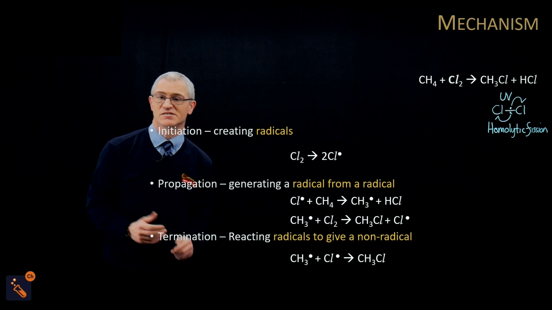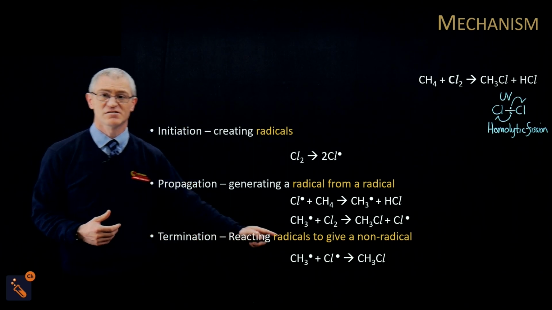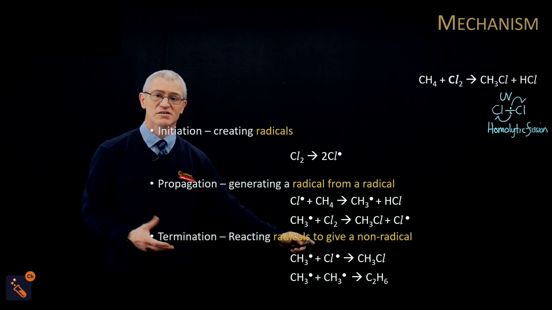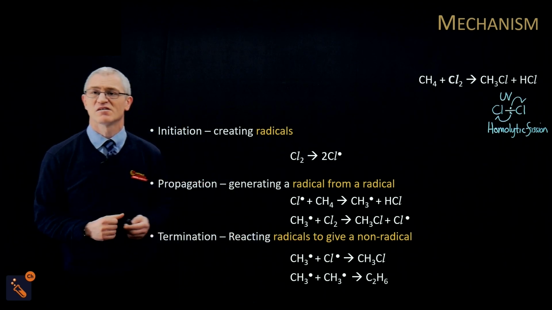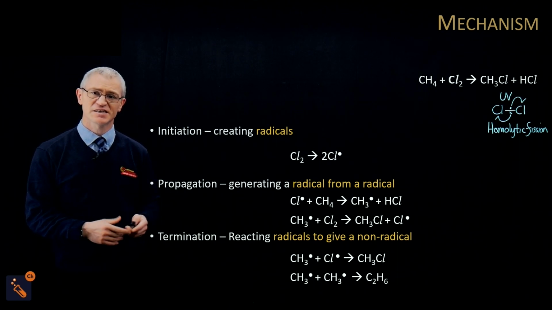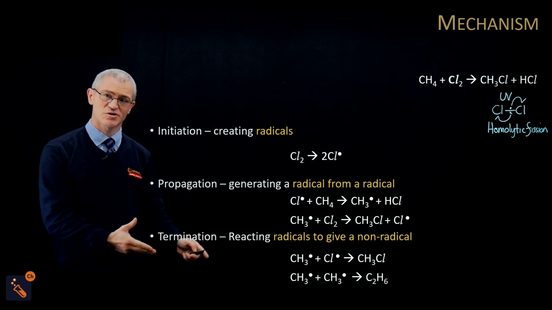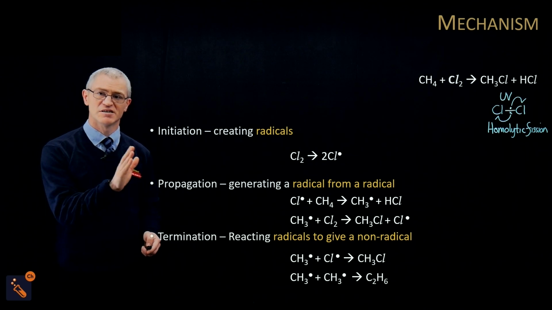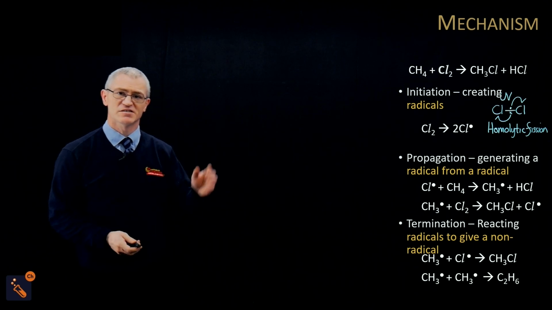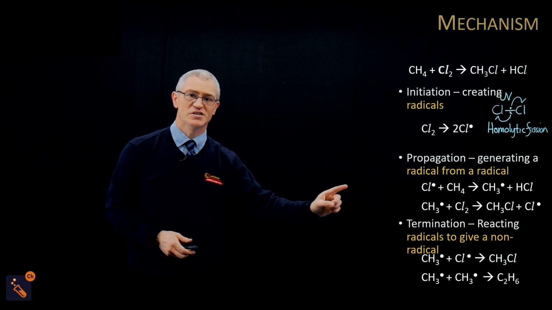Just react those together, you get CH3Cl. Or you could react, what if there are two particles of CH3? They could react together. And then you get non-radicals, or ones that don't have a single unpaired electron. So if that's the case, it's the same process every time. So what we're going to do is move that to the side. Okay, so we move that to the side, and then from that point, we're going to do this exact same